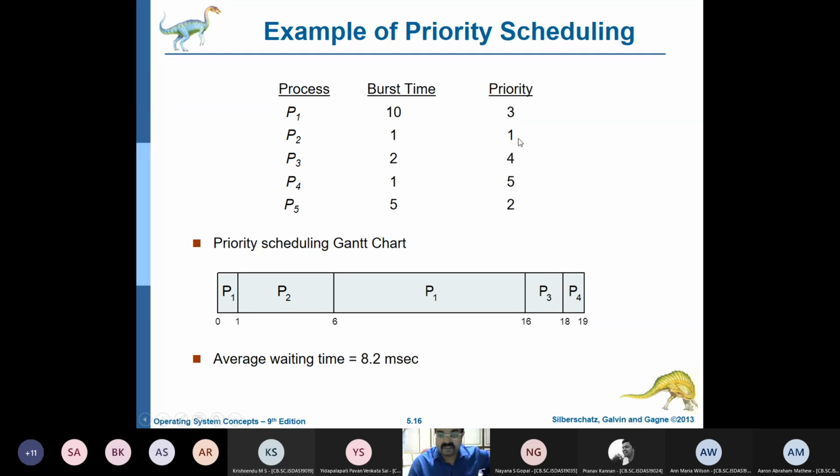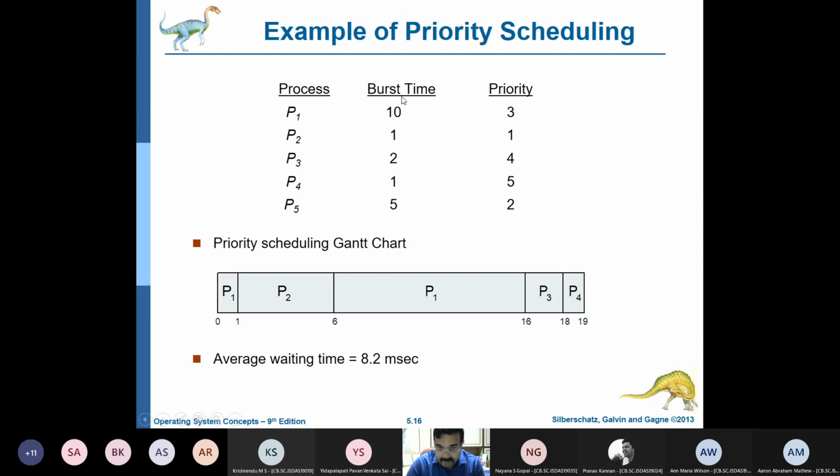Here P2 will have the first priority, then P5 will have the next priority, and so on. But sometimes this priority can also change, because sometimes there is also a slotting required. In some cases that need not be followed, but generally speaking, we can give a priority.